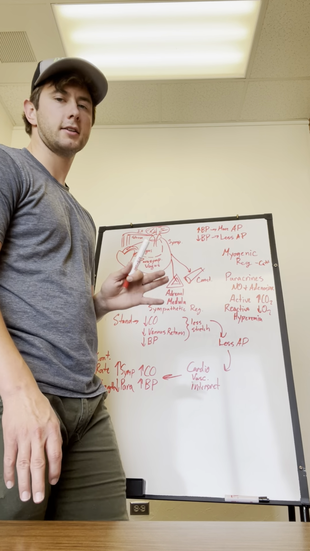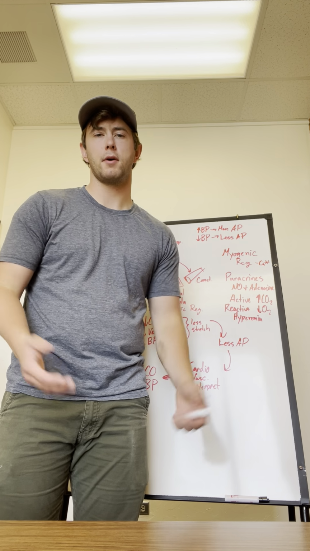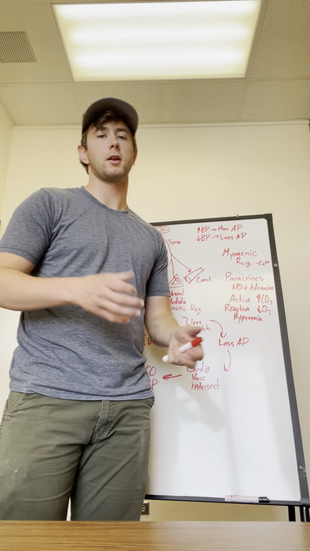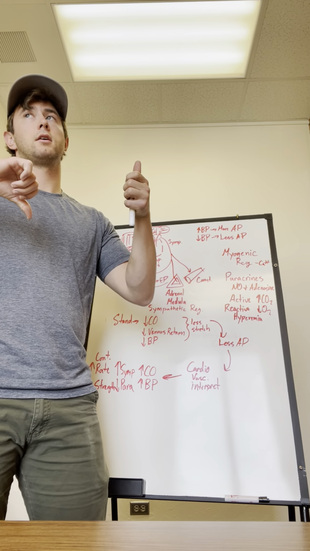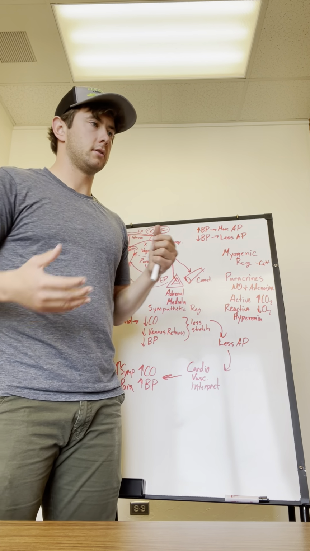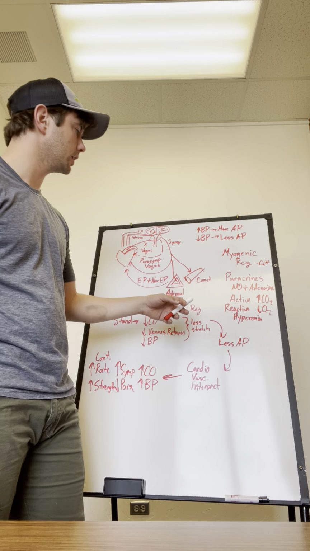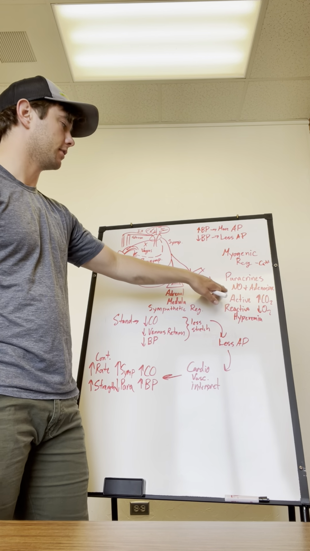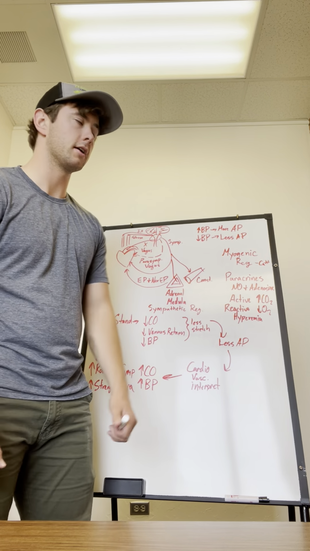Let's start with active hyperemia. This is when you have metabolic activity, and with metabolic activity, you're going to be using up oxygen and creating carbon dioxide. And when you have high levels of carbon dioxide and low levels of oxygen, they want to increase blood flow to the area. So you want to pump more oxygen to the area. So these receptors are going to vasodilate. They're going to release nitric oxide and adenosine, vasodilate, and increase blood flow to the area